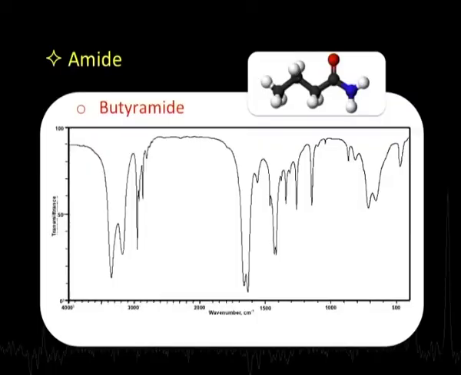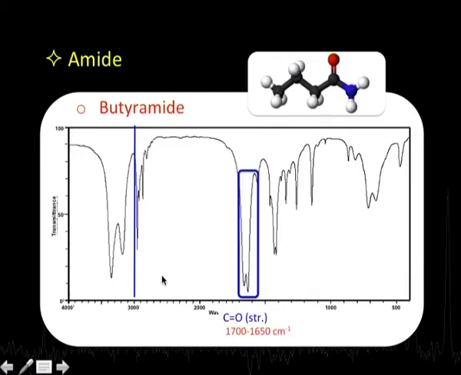Okay. Let us move further and talk about yet another class of molecules called amides. Again we have taken a simple amide, butyramide. In this case we draw that 3000 centimeter inverse line here, and we know what is over here. In addition to that, in the case of butyramide or any amide for that matter, since an amide also contains a carbonyl group, the first and foremost thing to look for will be some signal for this carbonyl, and that happens to be at a typical position of about 1700 centimeter inverse, and it goes slightly to a lower frequency as compared to the other carbonyl groups we just talked about. That is typical of